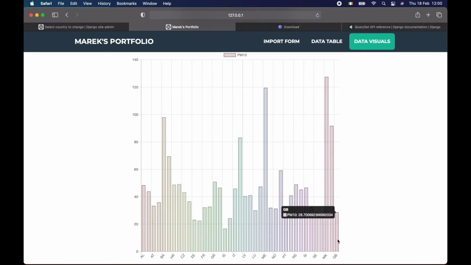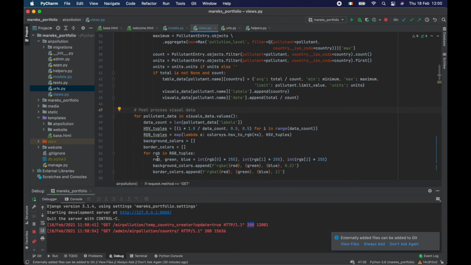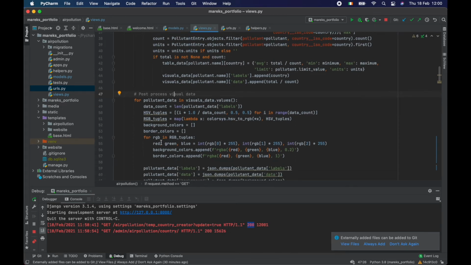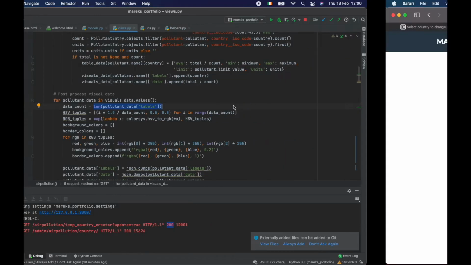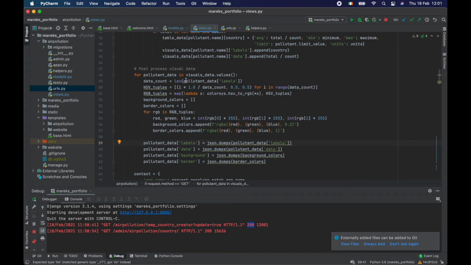What I want to do now is get those colors from countries and put them into the background colors. As you can see here, we're going through the pollutant data in visual data, and then we are looking at what's the length of all the data there. So we're looking at how many labels we have, and then we split this range of colors between that number. So we need to post-process it anyway, but in this case we can, instead of doing